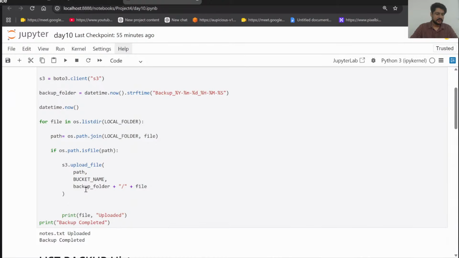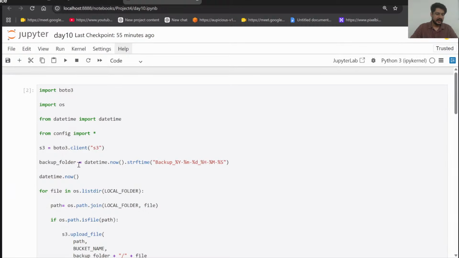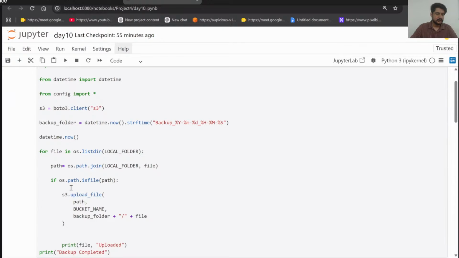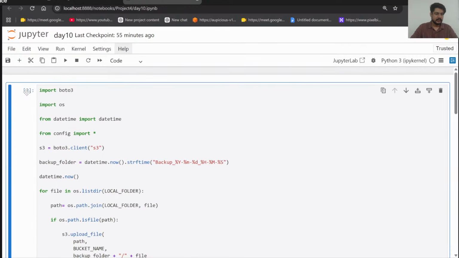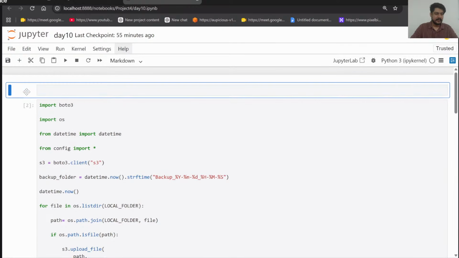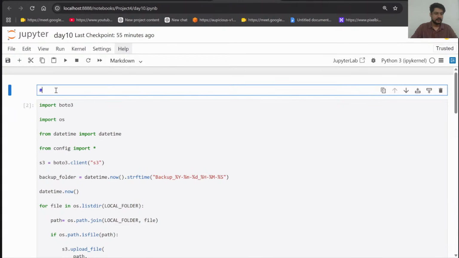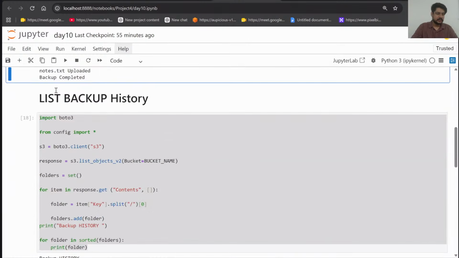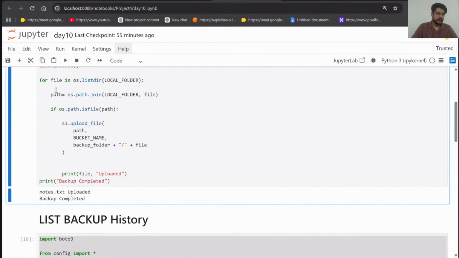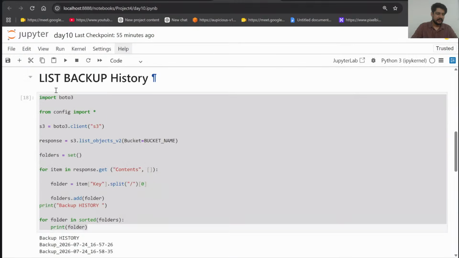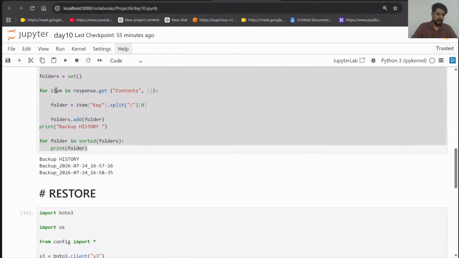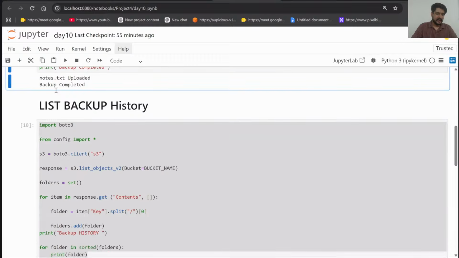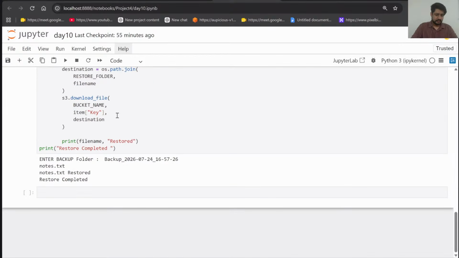So maybe this is for creating the upload file. So इसको हम upload वाला folder दे देते हैं. Just a mark, I'm giving a mark so that it does not get confused later on. Maybe upload. This is upload. So if you want to upload something, just tell and upload it over there. Right. So whatever you have in your backup folder, it will go and get uploaded over there. This is list backup. This is restore backup.